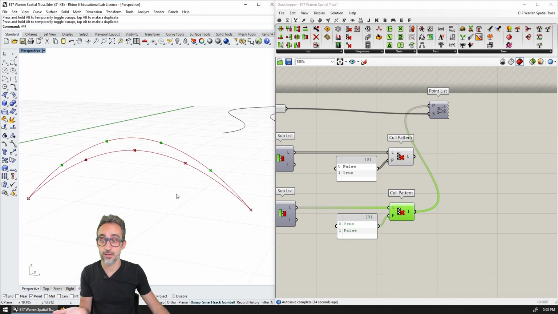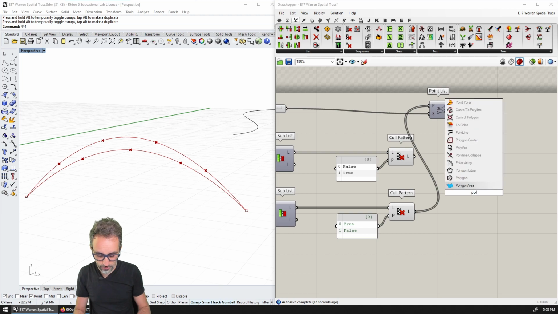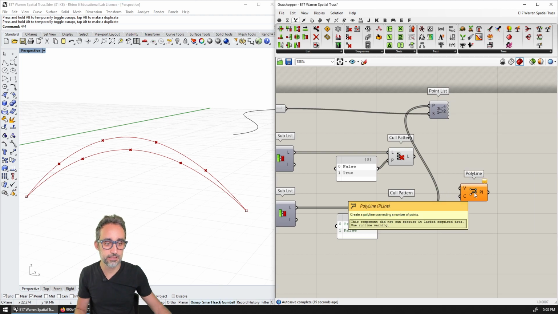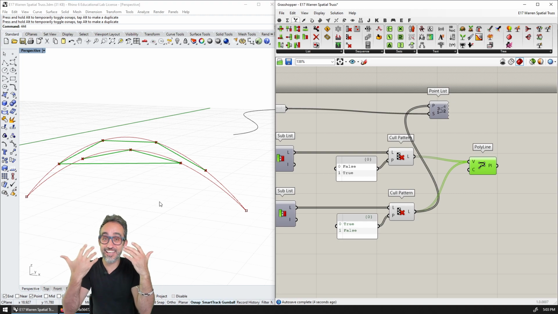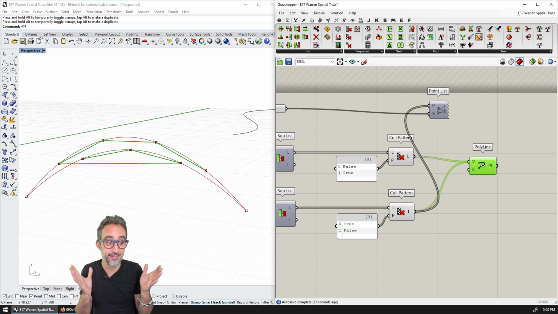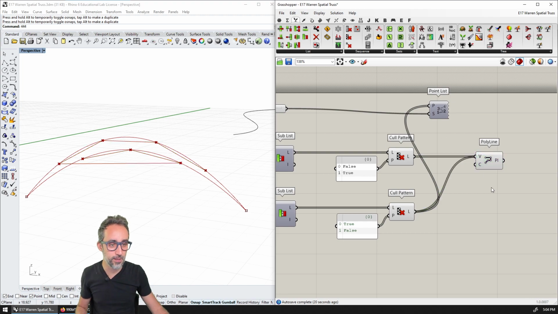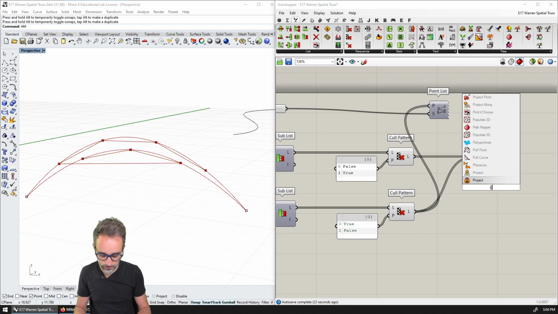And then, thankfully, I should be able to take a polyline and just do a polyline between all these points and all these points here. But as you can see, it's not working. Why is it not working? When things are not working, what do we think is the most probable cause? It's probably a data problem. So as I typically suggest, can we first use a panel to take a look at what's happening here?